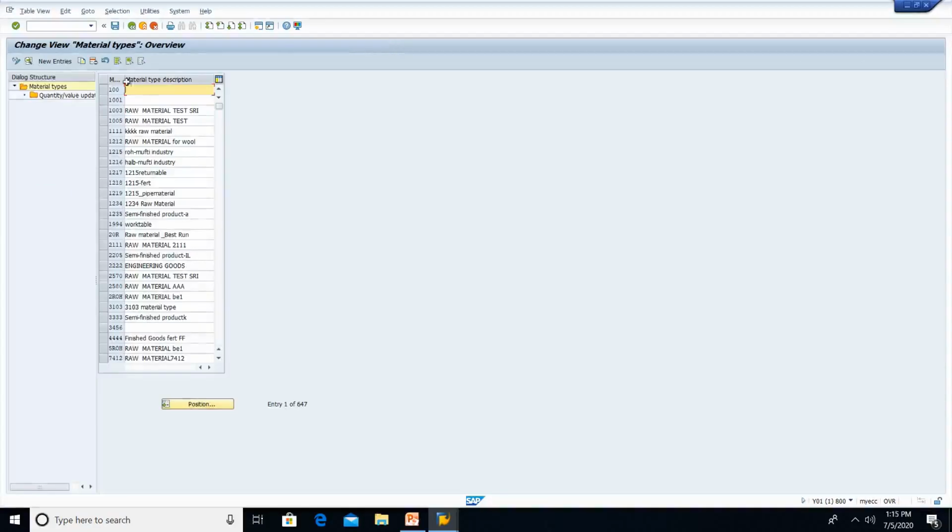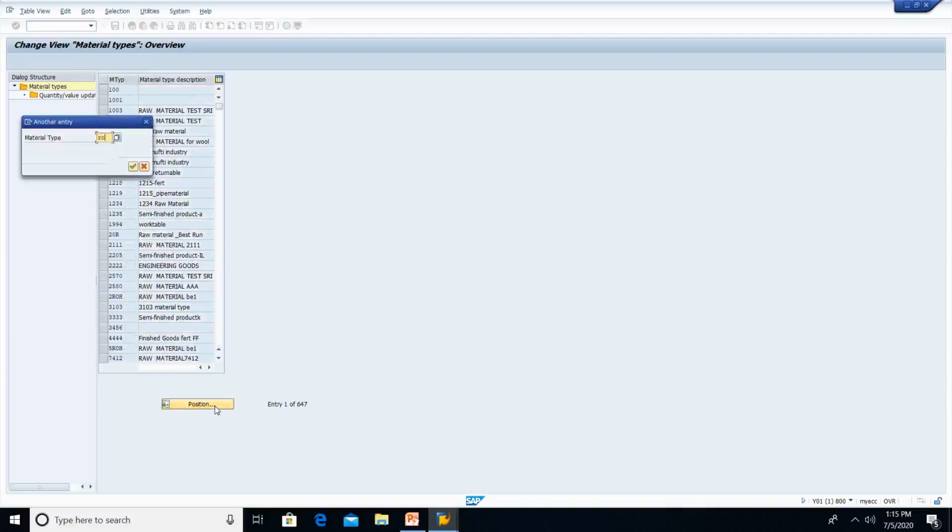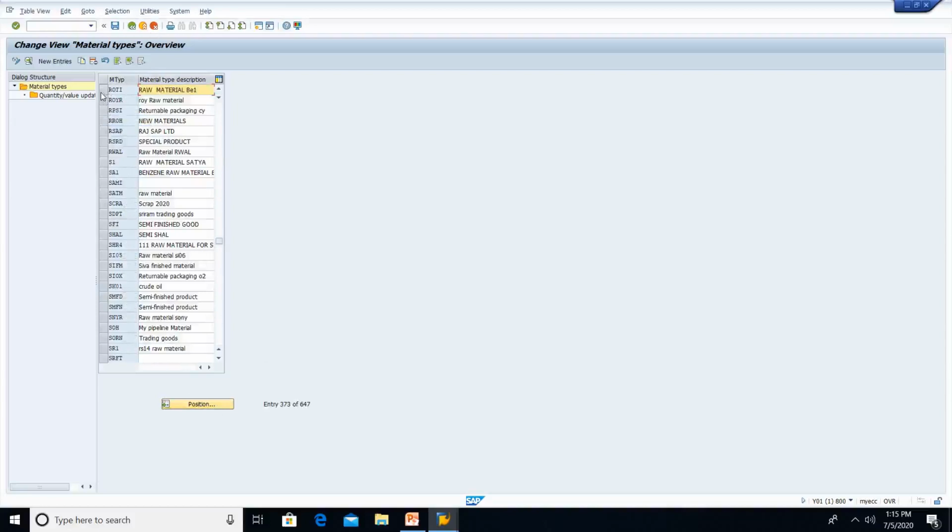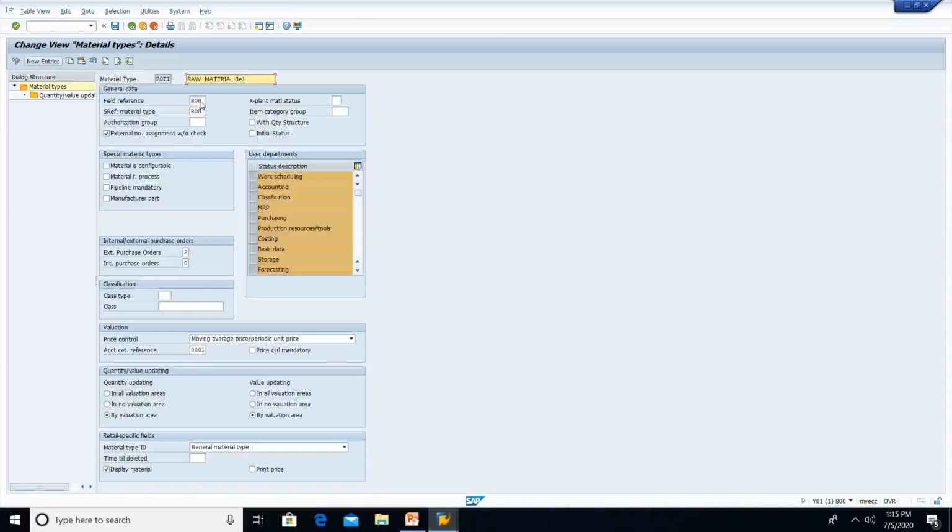Okay, anyway, I've got the screen here. Here you can see the list of material types which are available. We have seen the ROH material type. I'm going to choose that material type which says raw material BE1. Click on details. Then you will come to know the controls of this ROH material type.